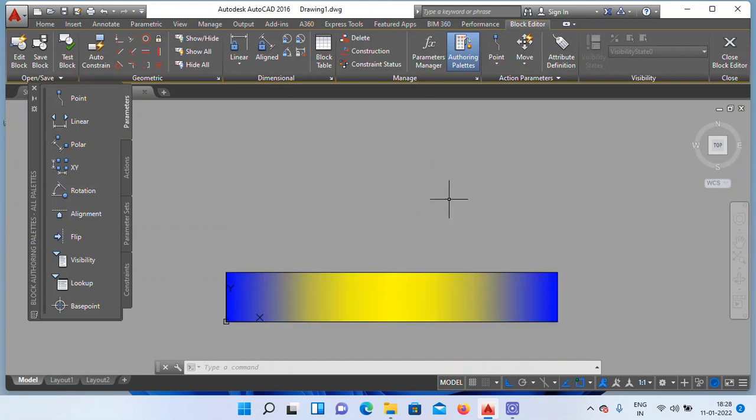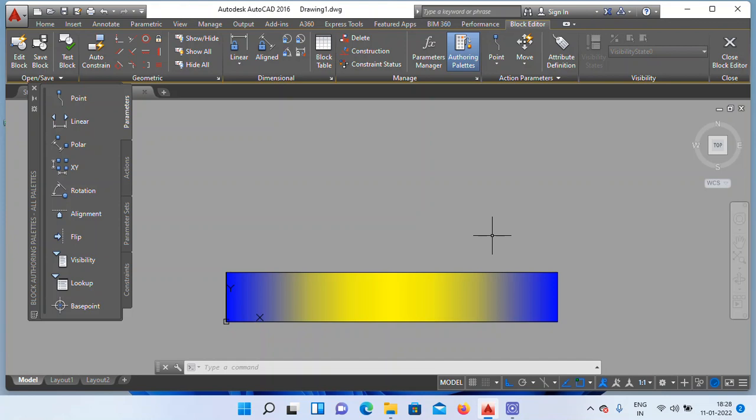I want to increase, to enhance this value like this. How to enhance this value, how to make the enlargement? So here apply the stretch command.